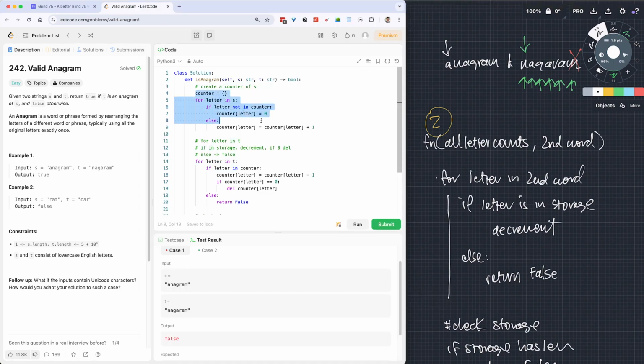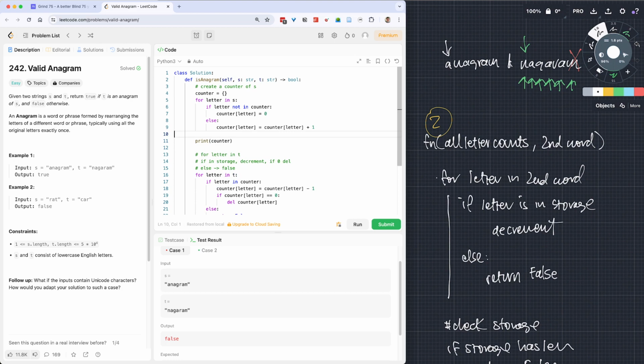We're not going to print here. We're going to try not to print because you can't print in an interview in some places. So we have a counter here for the letter in S. If the letter is not in the counter, then we set it to 0. Or else if it is in the counter, then we're going to increment it by 1. So this seems totally fine. I'm going to refrain from printing, but I will put it here so we can print it in a bit. So we can look at that and imagine that this is the counts that we are expecting,